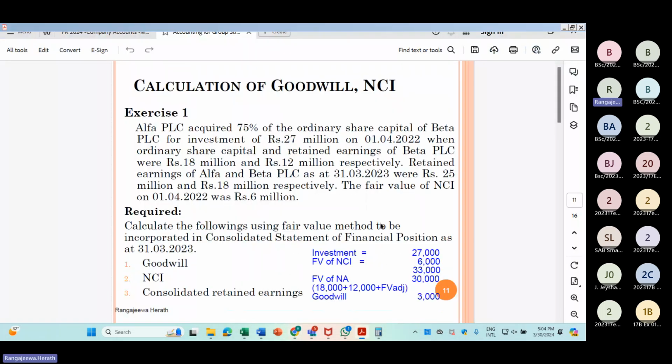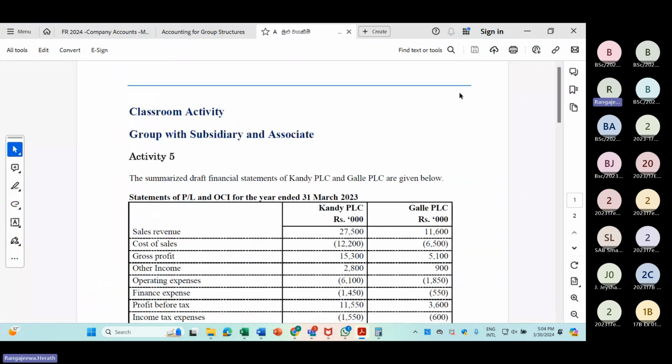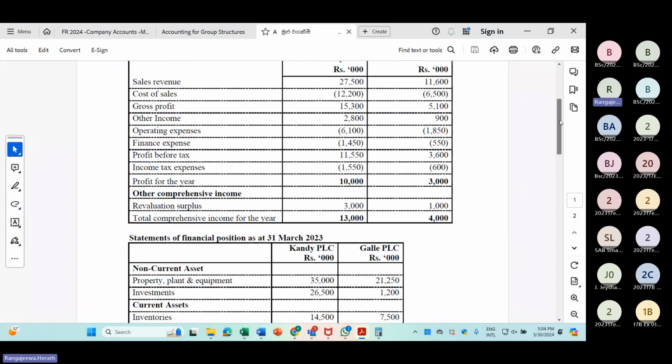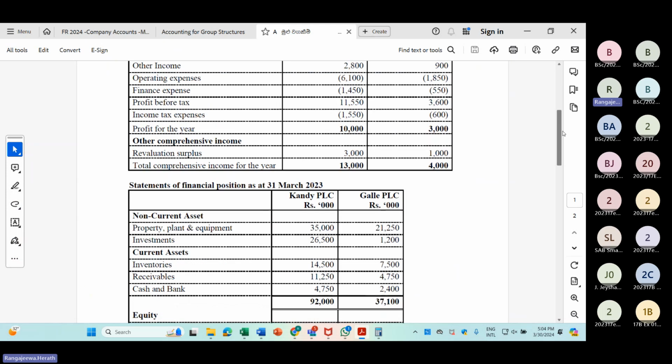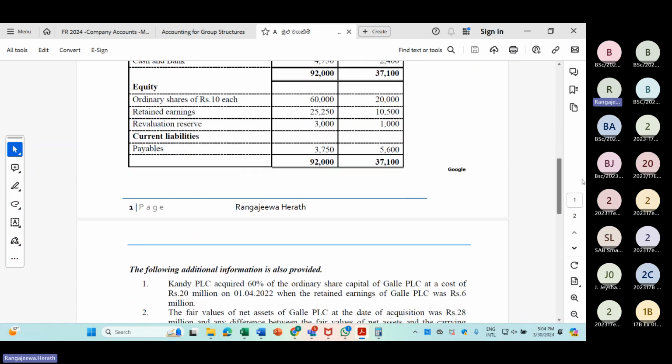But in your examination, you will not be tested on the full balance sheet. Instead, you will be given the statement of profit or loss, and some of the balance sheet information for you to calculate the goodwill